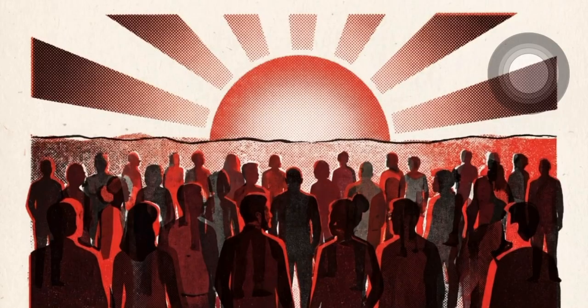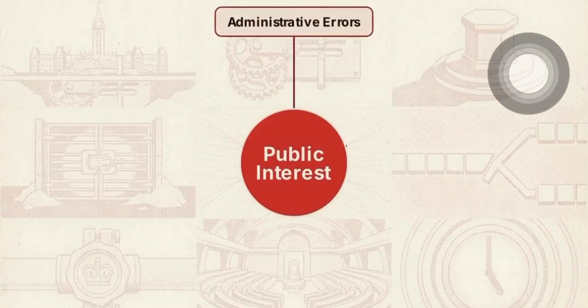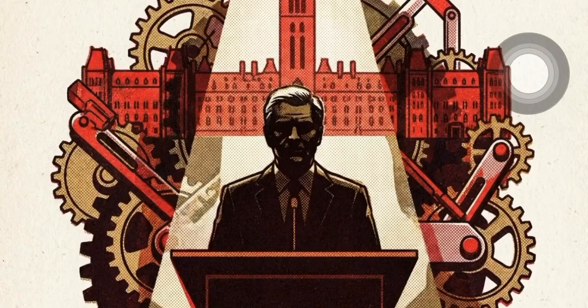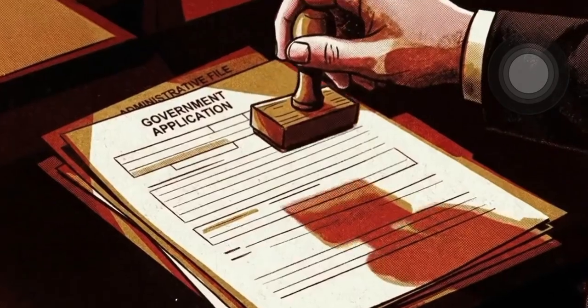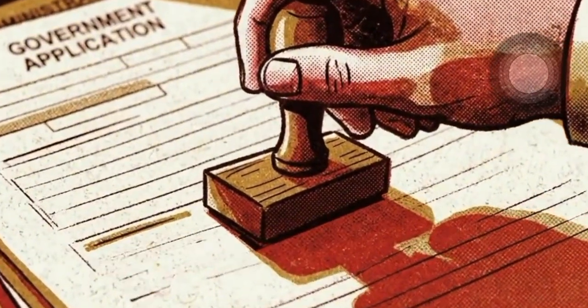The legal threshold required to trigger any of these powers is a determination that the action is in the public interest. The bill explicitly defines public interest to include matters pertaining to administrative errors, fraud, public health, public safety, or national security. The sole structural counterweight built into this section of the Act is a requirement for the Immigration Minister to submit mandatory reports to Parliament detailing the impact of these executive orders. This structure moves the Canadian immigration apparatus away from predictable, codified processing criteria and toward a model of dynamic, discretionary